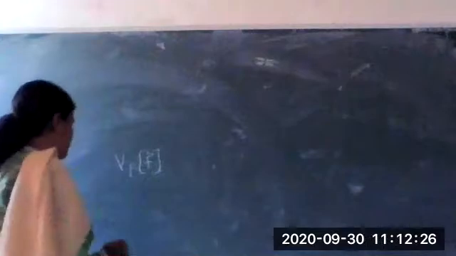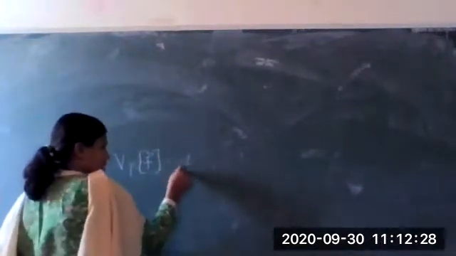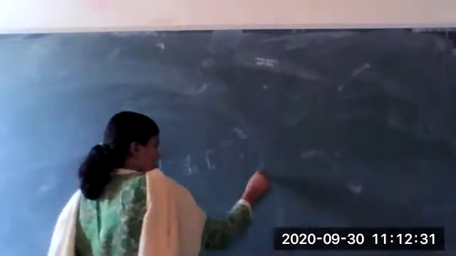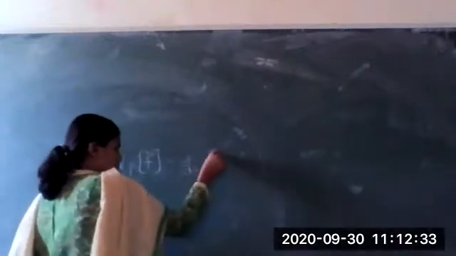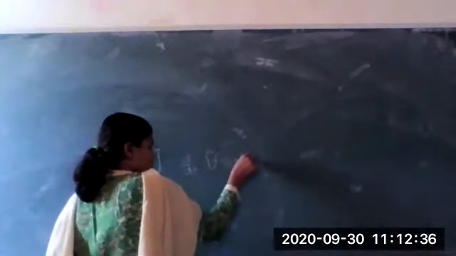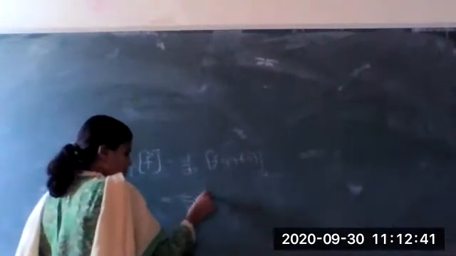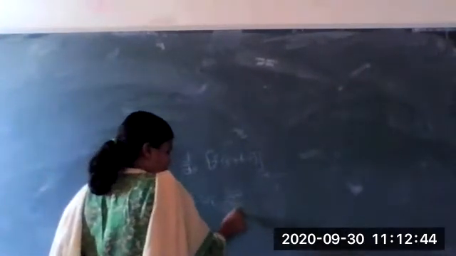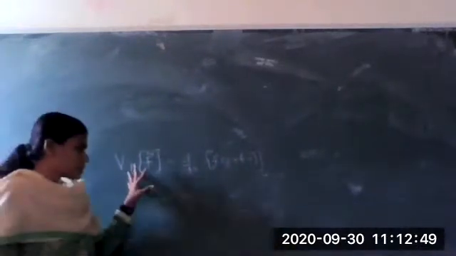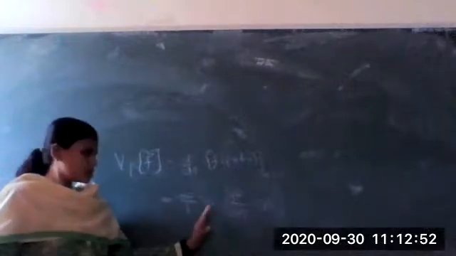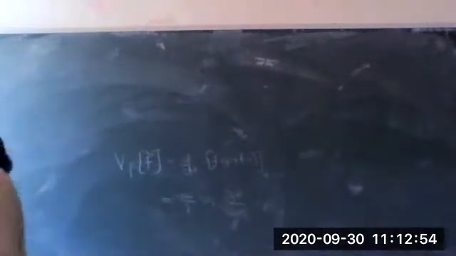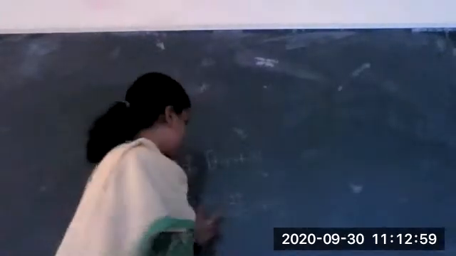What is our directional derivative? We have written that it is nothing but the initial rate of change of a function f at a point p in the direction of a tangent vector v. Or in another way, we have written one formula, that is the summation over i of vi ∂f/∂xi at the point p. So here you can see the directional derivative is now written as a linear combination of partial derivatives. What are those vi's? The vi's are nothing but the coordinates of the tangent vector Vp.